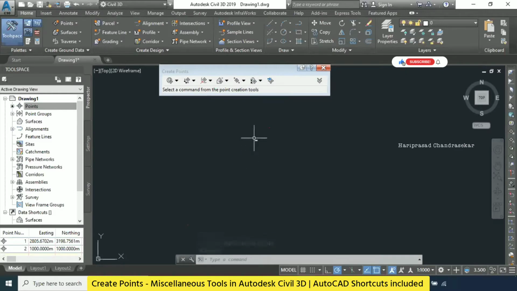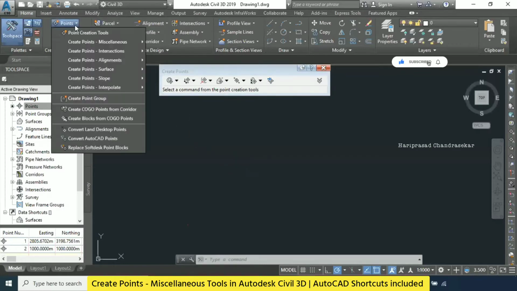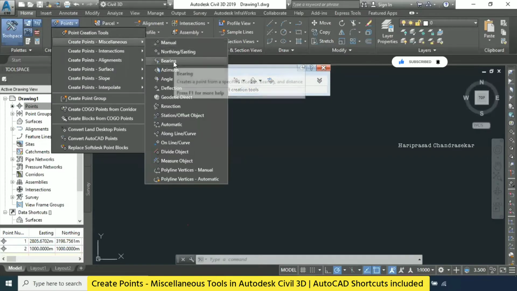In this tool, we can do a multiple pick of point or individual point. We can create n number of points with the same tool, but I just want to tell all the point creation methods. No need to go again and again. Only one time, without escape, we can continue. But if you are creating manually, every time you have to pick a point here and there.